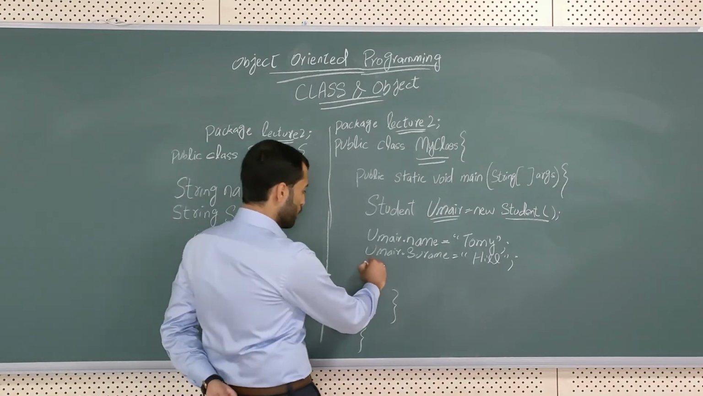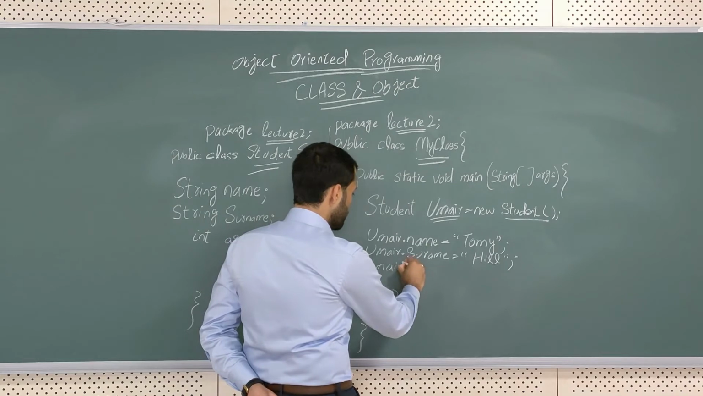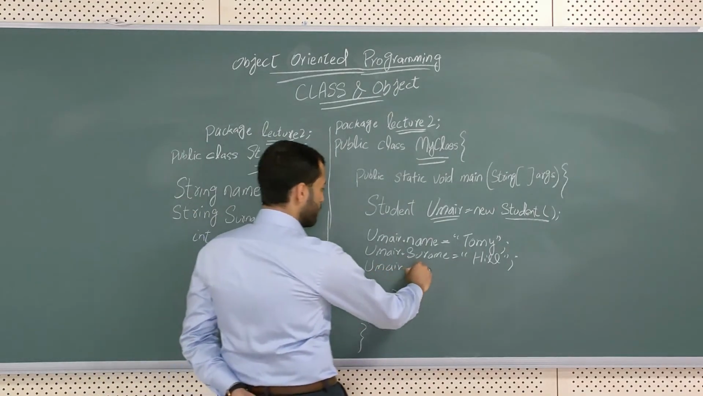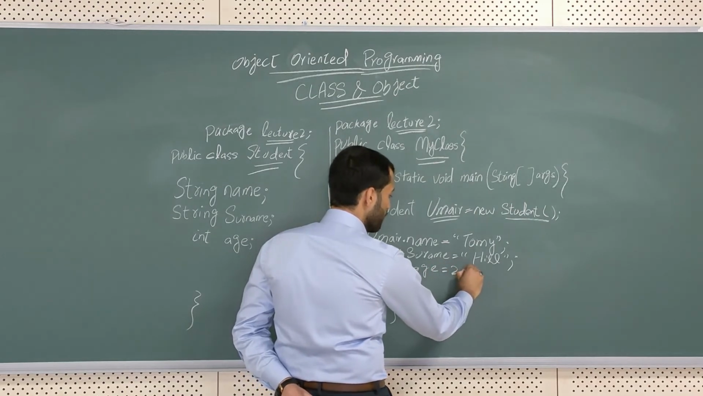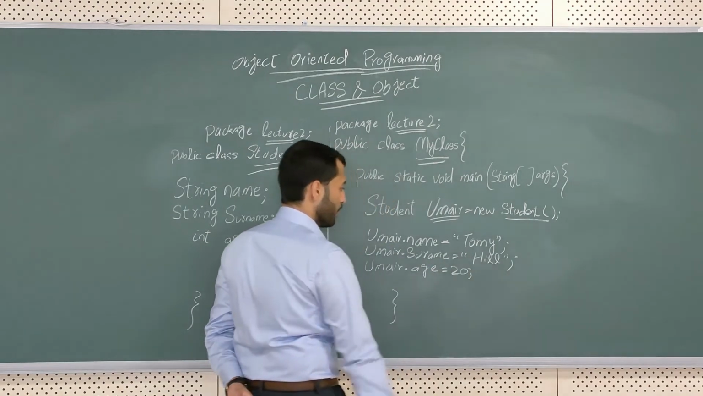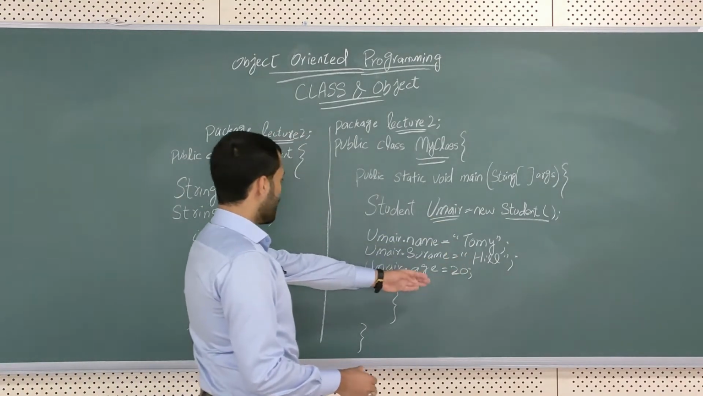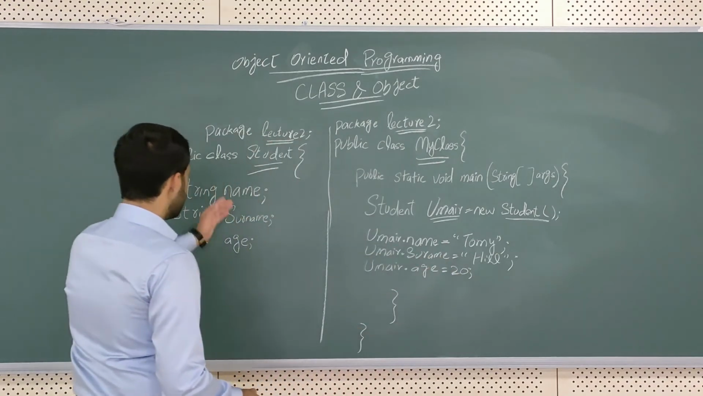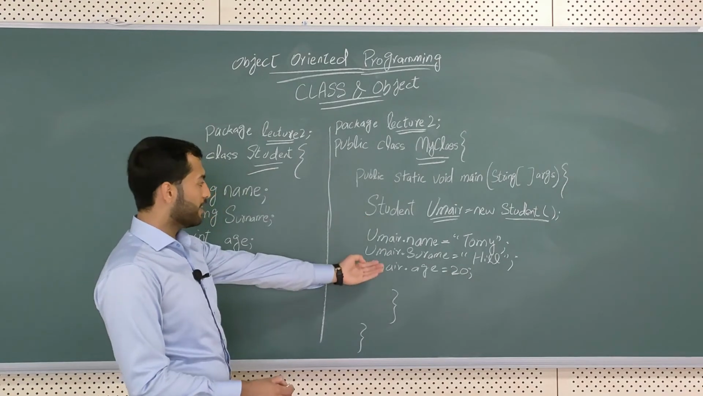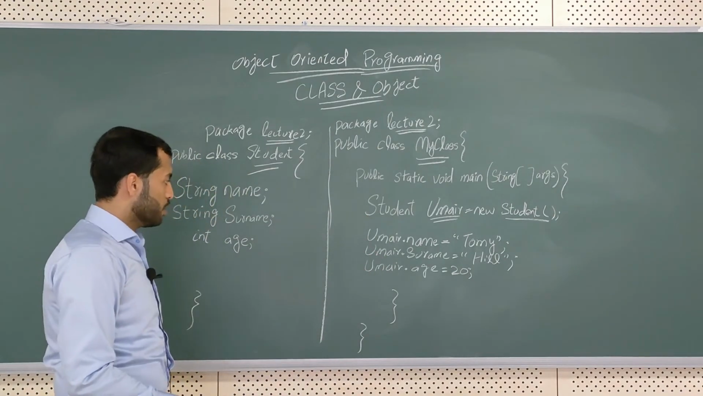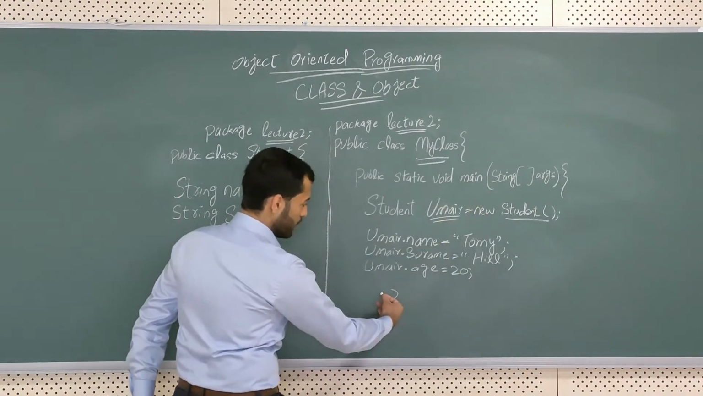Again I will write Umair dot, and now I can write age. The age is, for example, 20, let's suppose. Now I have successfully given all these values to these variables. If I want to print that data, how can I print? For that, I can write within this main method